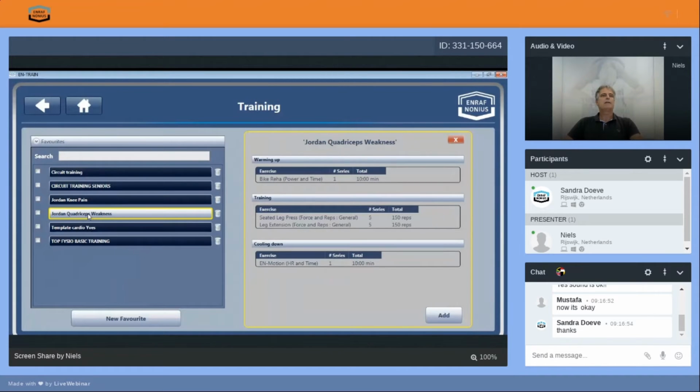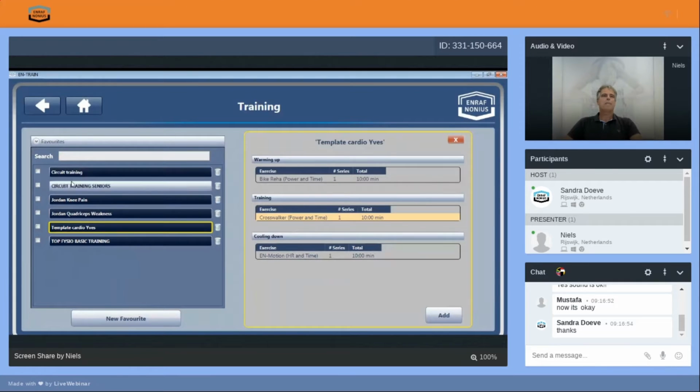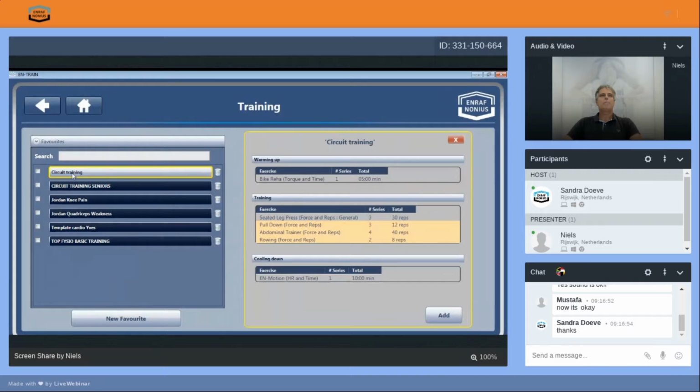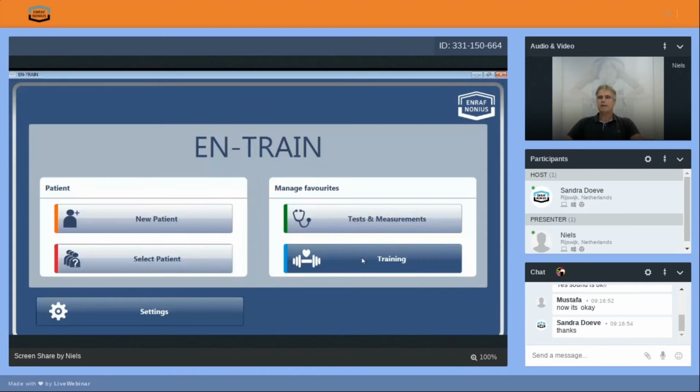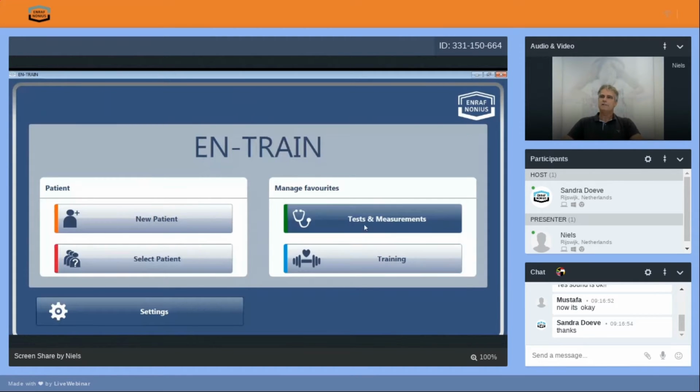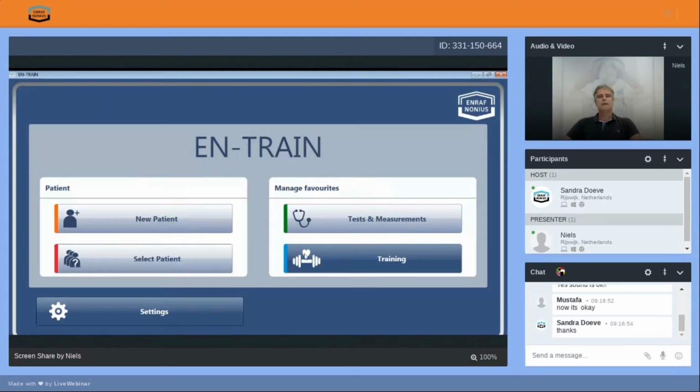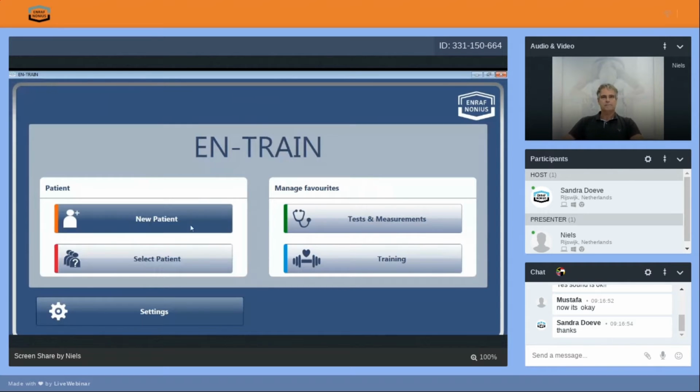Here's a quadriceps one. Oh, I already had quadriceps weakness also. And let's say template, whatever, circuit training. There are all prepared training protocols, and this too you can fill yourself. Like Niels always says, your only problem is your lack of creativity in making training protocols or test and measurement protocols. So if you fill these protocols, then basically you don't have to use this every time. So if you have a new patient, you click on new patient,